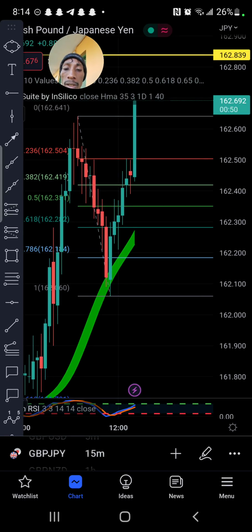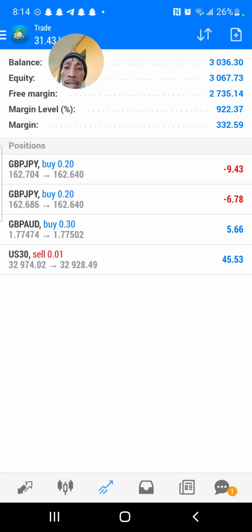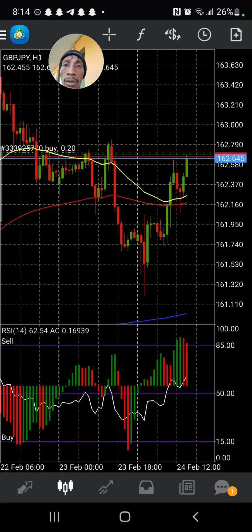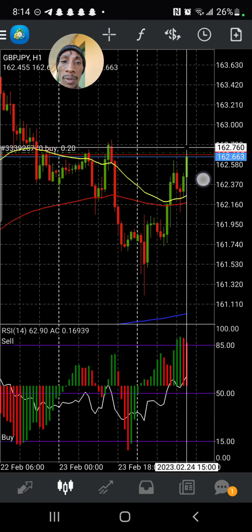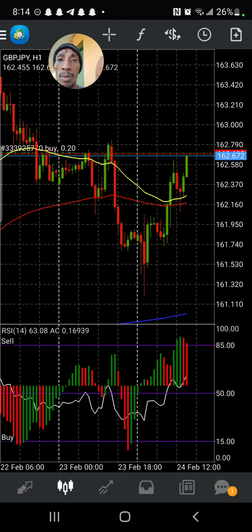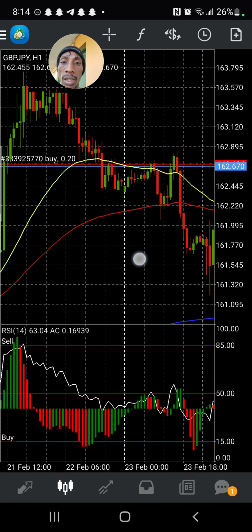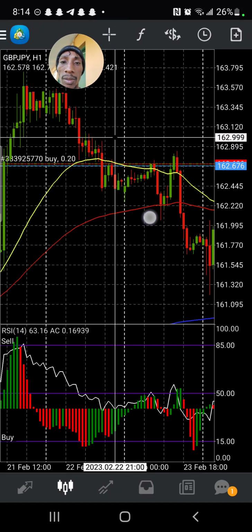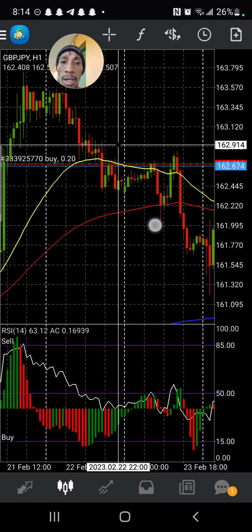So we'll see if we can get some more juice out of it. So let me set up my take profit. Okay, guys, this is how you make quick money in the market and get out. I'm not gonna be in this for long. And then what you do, you gotta go back and look in the past to see where the market has been before. So you're gonna be like, you know what,